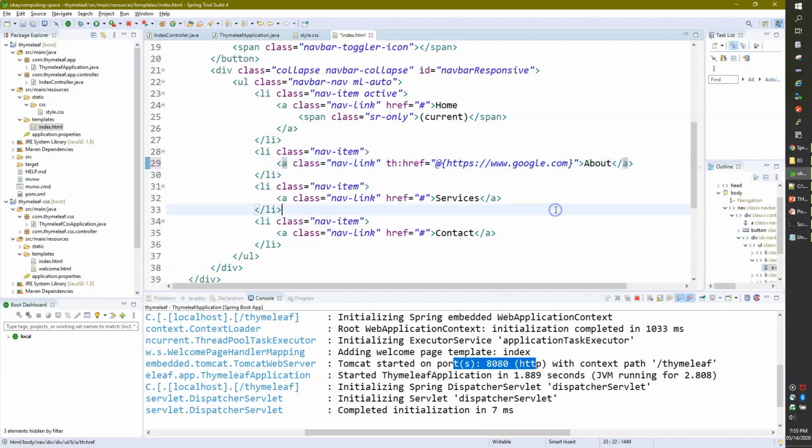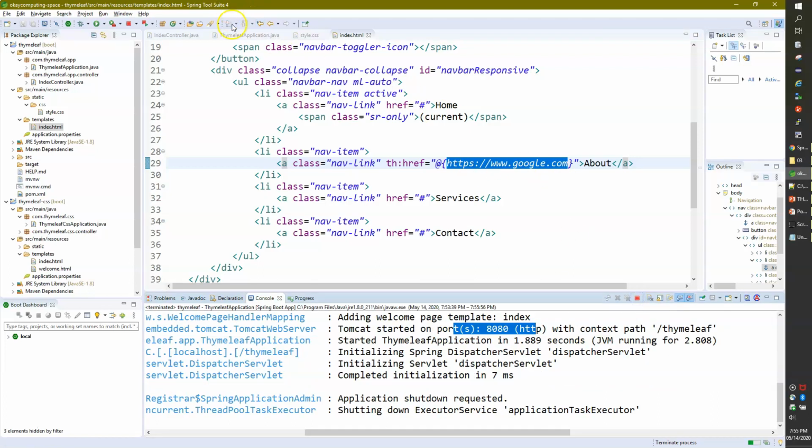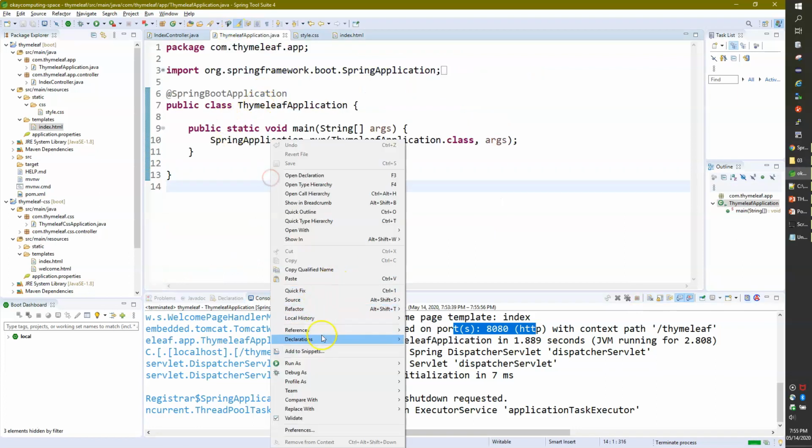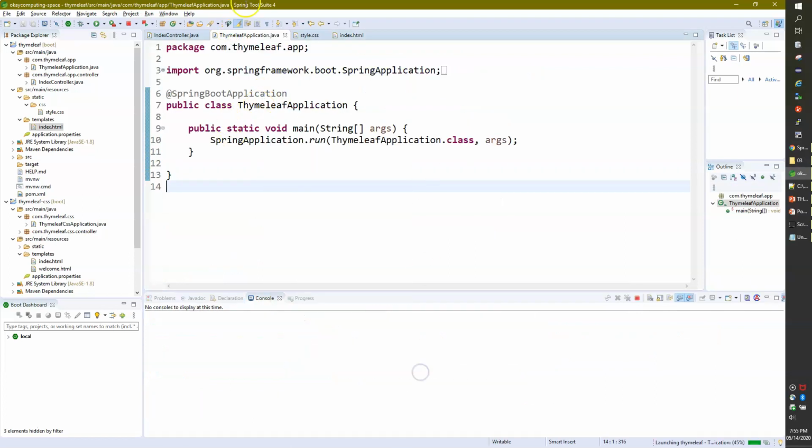Let me save this. Your external URL, your absolute path, can be anything. You just need to follow the same structure: use the tag th:href, then @, and then your entire absolute URL inside the brackets. Let me restart the application so that we can see it working.